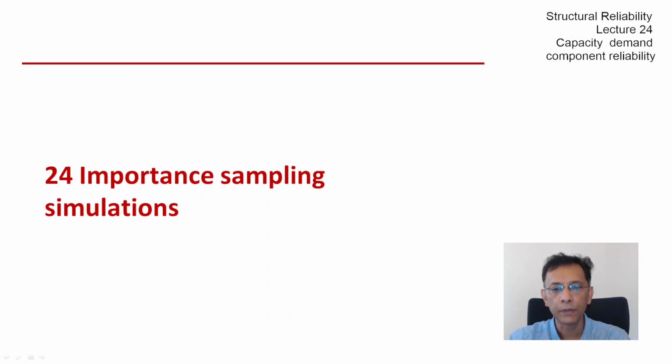We continue with part C of our course. In this part on capacity demand type problems in reliability, we have so far looked at FORM, the first order reliability method, the SORM, the second order reliability method, and in the previous lecture we looked at Monte Carlo simulations for component reliability problems. Today we are going to look at importance sampling as one of the variance reduction techniques